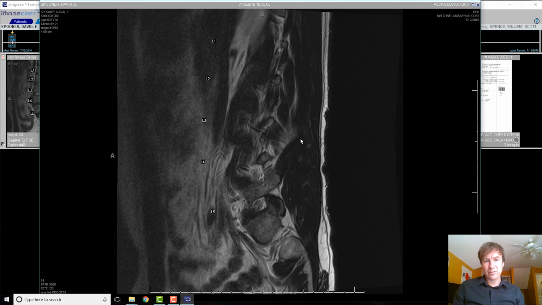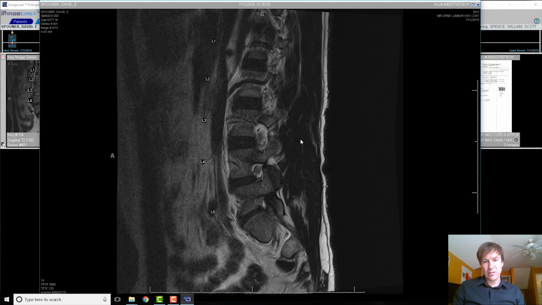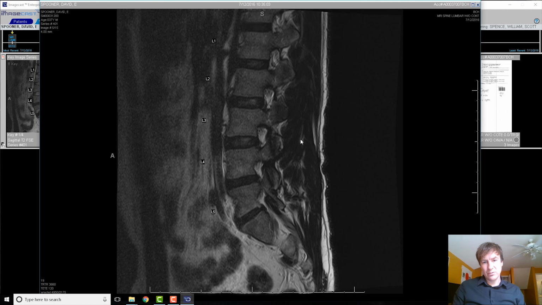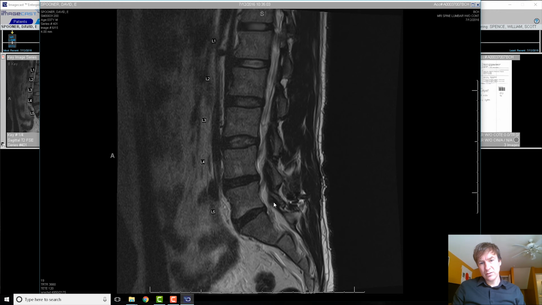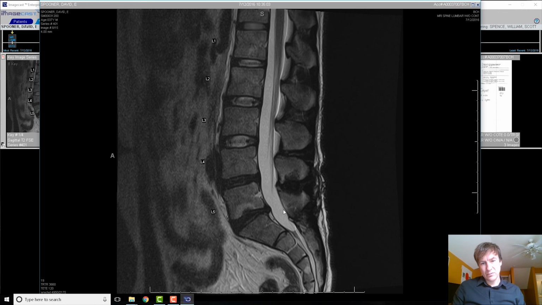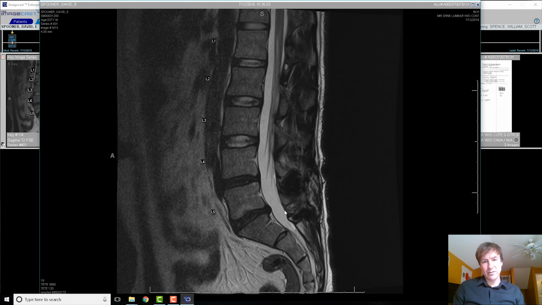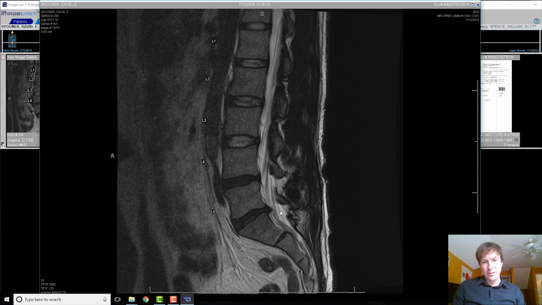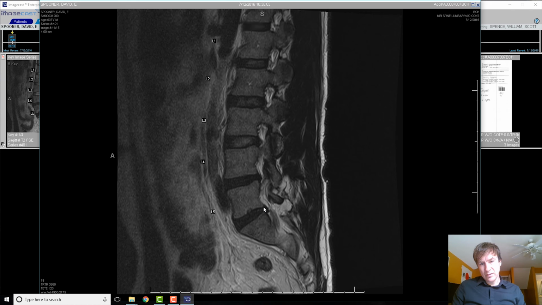As we progress to the left side, you should be able to start seeing the bulge here on the L5S1 disc. Again, we're going to the left side,